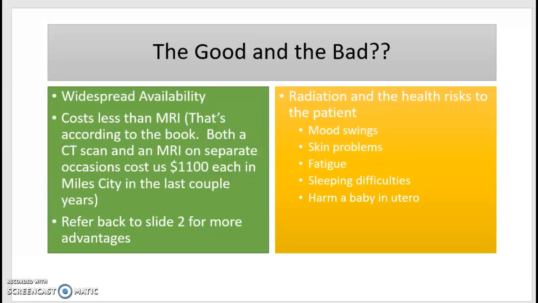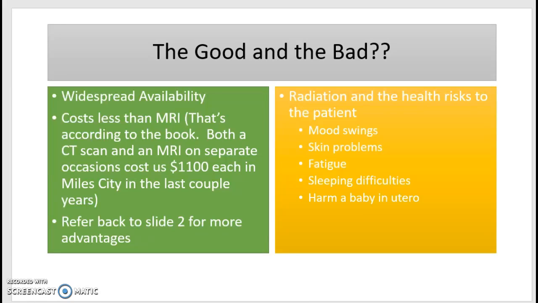What are the advantages and disadvantages? Well, an advantage is that there's widespread availability. They cost less than an MRI, that's according to the book. Both a CAT scan and an MRI on separate occasions cost us about $1,100 each in Miles City in the last couple of years. Other advantages: I just mentioned, just being able to look at the slide and notice,